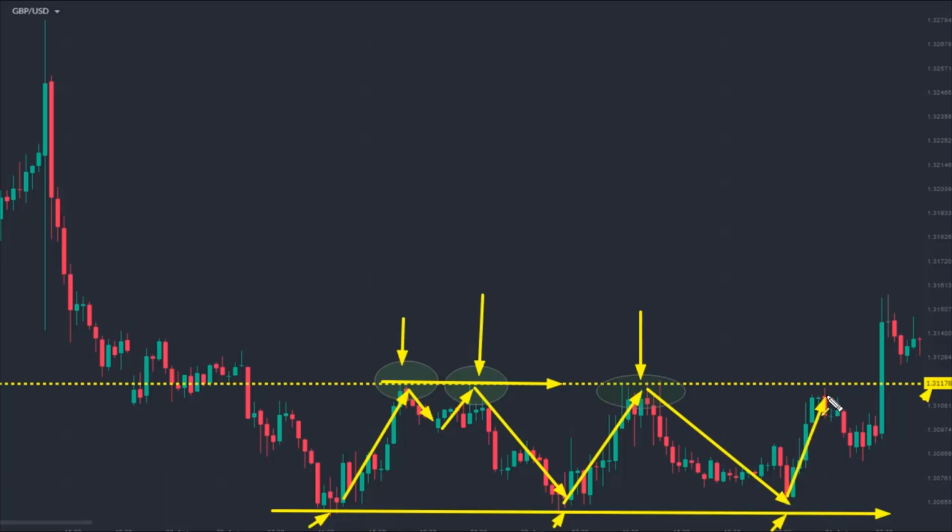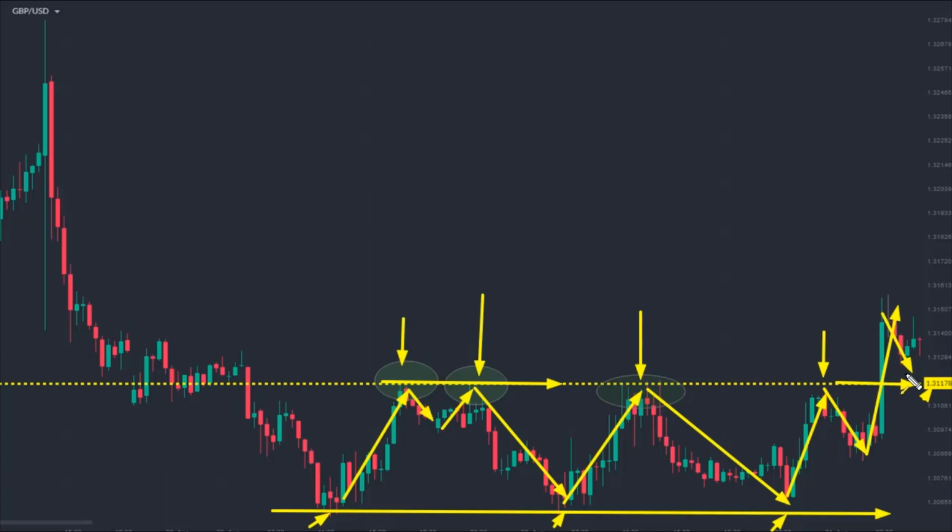Then again market went higher. It's the fourth time now that the market is testing 1.31 and giving us a sell opportunity, but this time market was not able to go deep down, and then there's a reversal and market just violated the triple top pattern, and now this particular level is likely to work as a support. So what we can say here is the resistance level, which has now been violated, is going to work as